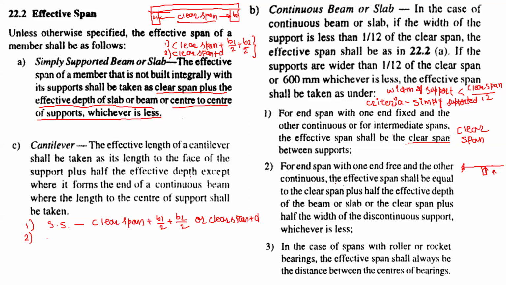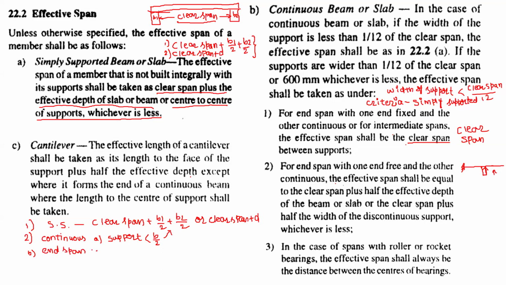In the second, for continuous, when the support is less than B by 2, we have the same. And when the support is greater than B by 2, then we have for end span